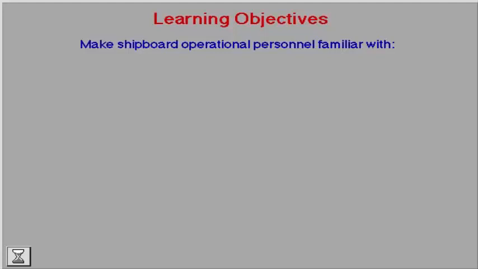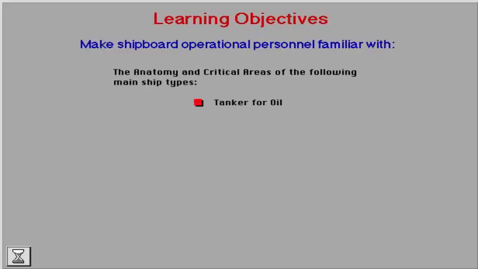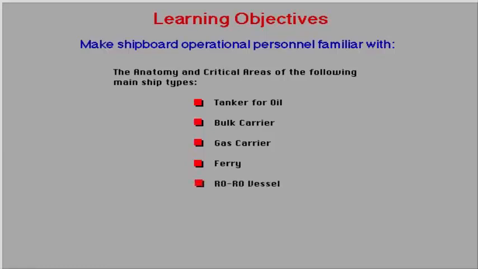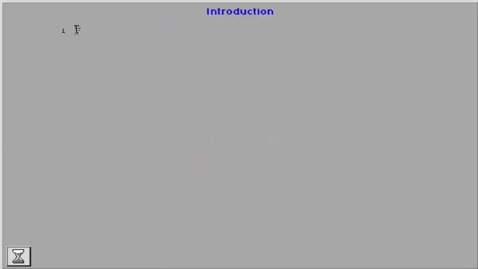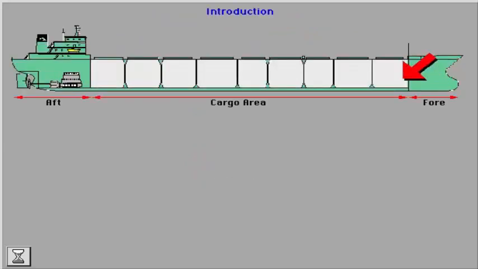The learning objectives of this section are to make shipboard operational personnel familiar with the anatomy and critical areas of the following main ship types: tanker for oil, bulk carrier, gas carrier, ferry, ro-ro vessel. Different ship types have distinct functional requirements depending on type of cargo and/or passengers to be carried,